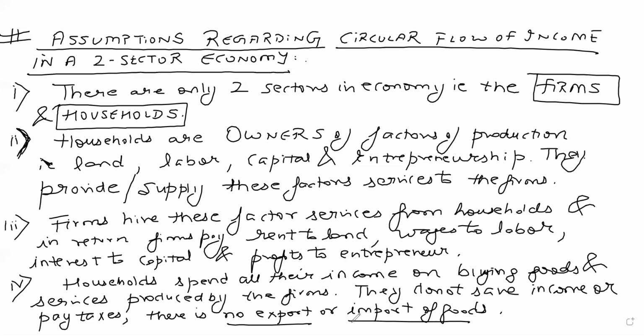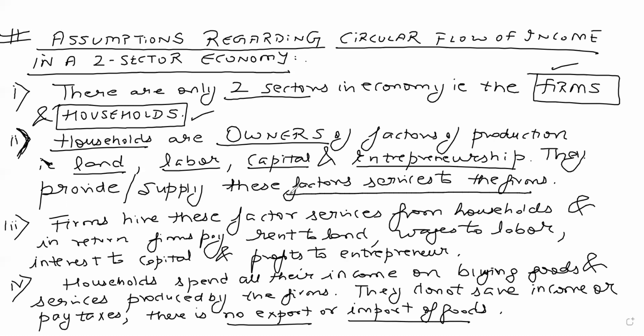Okay, to make it clear, I can write. First of all, let me discuss quickly with all students these four assumptions. These are the assumptions regarding the circular flow of income in a two sector economy. We assume that there are only two sectors, firms and the households. Households own the factors of production, which are land, labor, capital, and entrepreneur, and households will supply these factor services